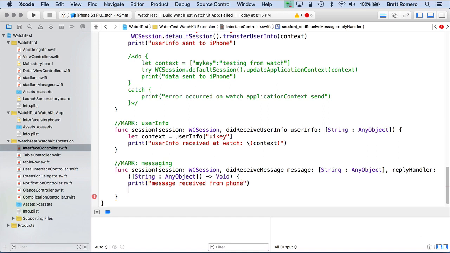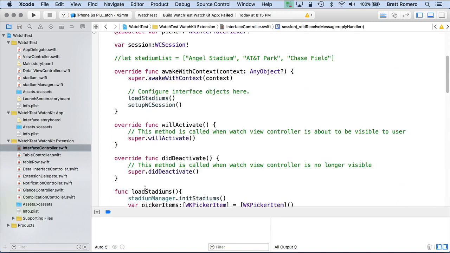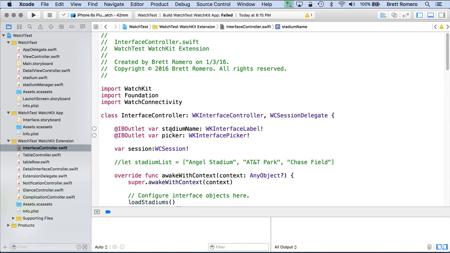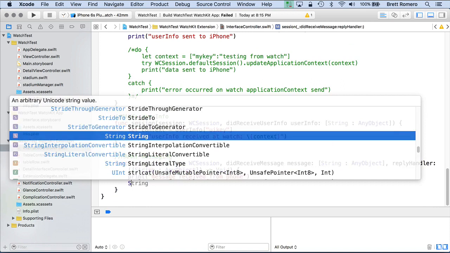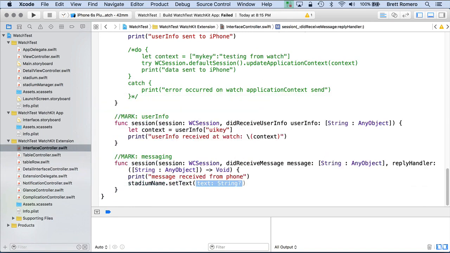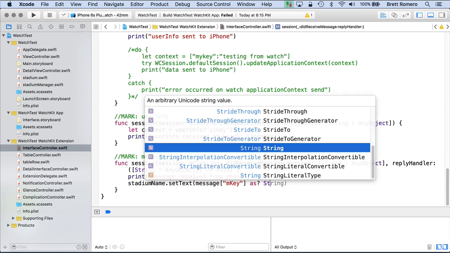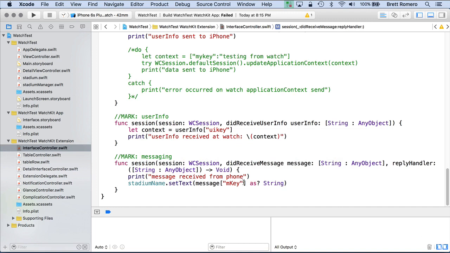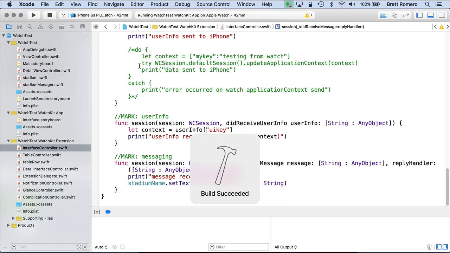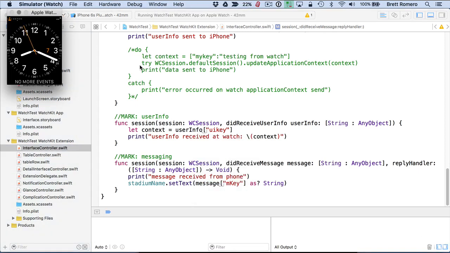And here, what we can do is go ahead and print to one of our labels. So what do we have here? We have stadium name is fine. So we'll do stadium name, setText. And in here, we're going to get message. We have M key. We need to cast, and we're going to do another optional as string. So that should be fine. And I'm going to go ahead and push the watch. We're at the watch app, so I'll push that out, and that will be on the simulator with the latest code. Then we'll run the debugger on the phone,